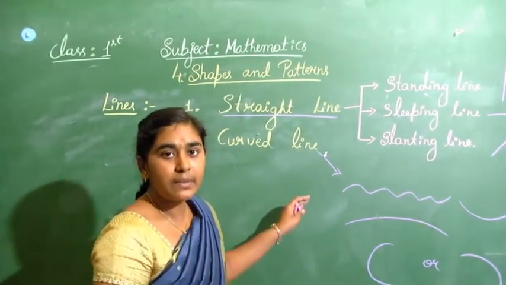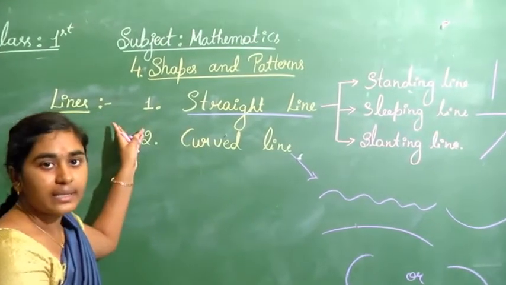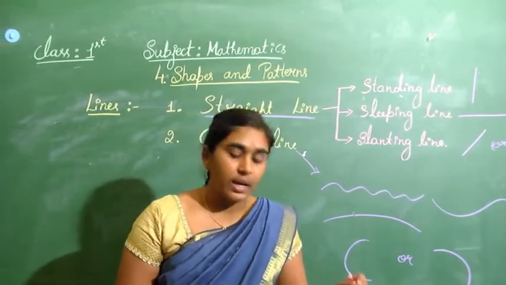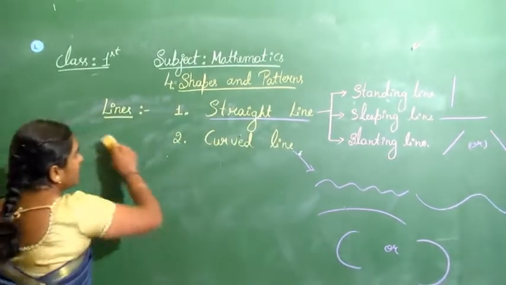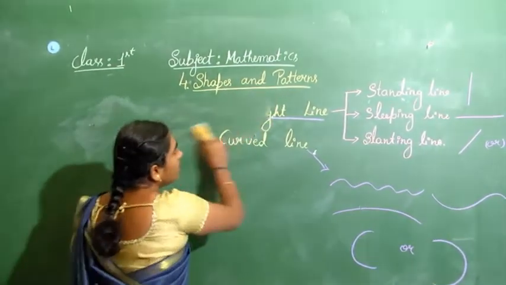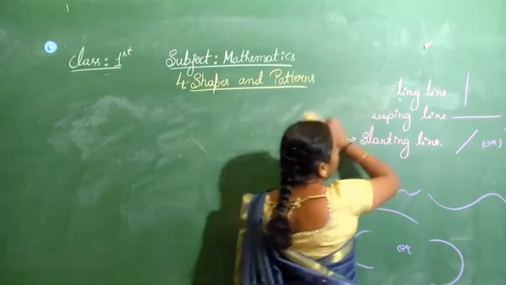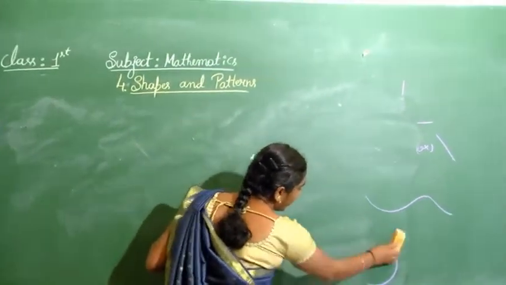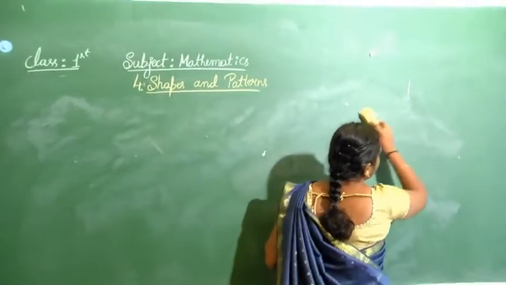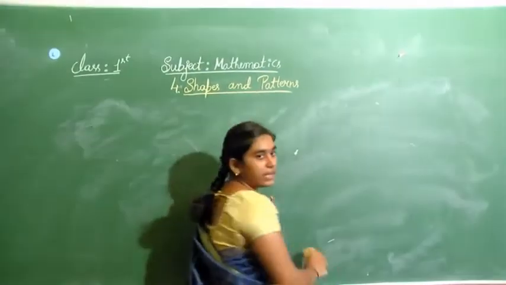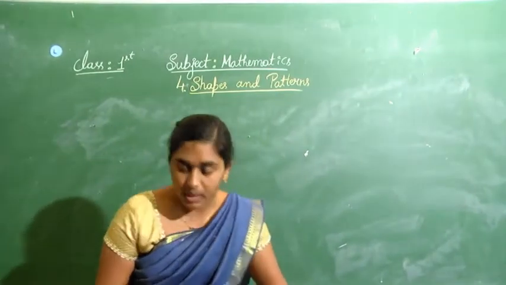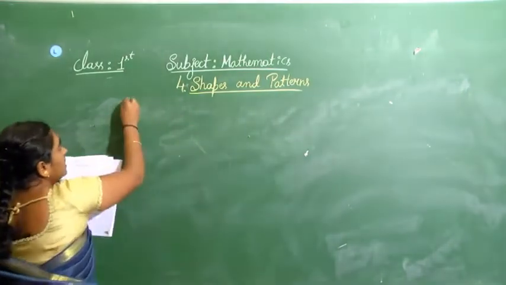These are the types we will draw with the lines. Now coming to the textbook, you can identify. We have exercise 3. Which are the alphabets or the numbers drawn with a straight line and curved lines? We should remember the types of the lines we have discussed. Straight line and curved line. Again types in straight line.